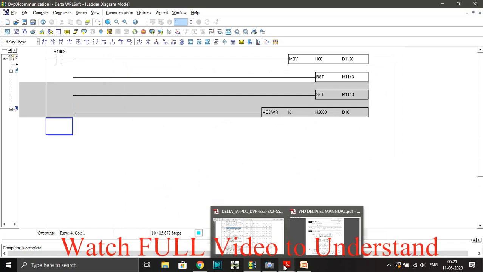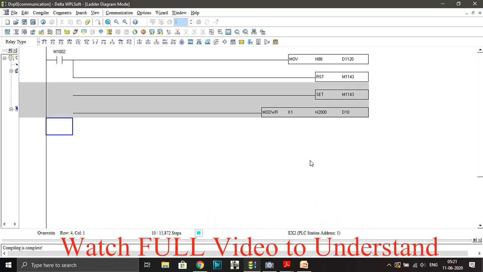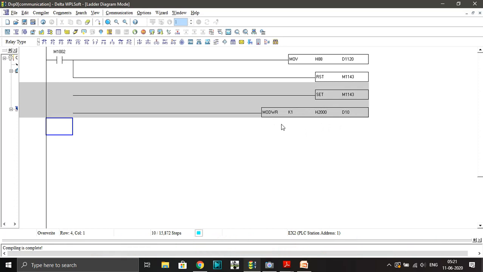What is the operation command? It means stop, start, jog, acceleration, deceleration, forward, reverse. Those are the operation commands. So whenever we give this command, those commands will be stored in H2000 memory in the VFD. This is not for the PLC, this is for the VFD or any external device. So this is one command, the operation command.